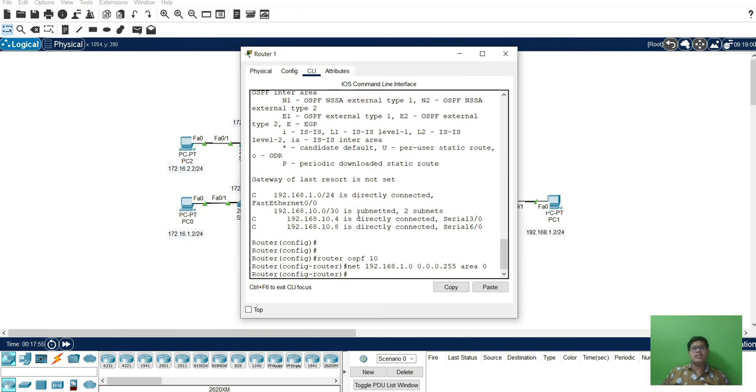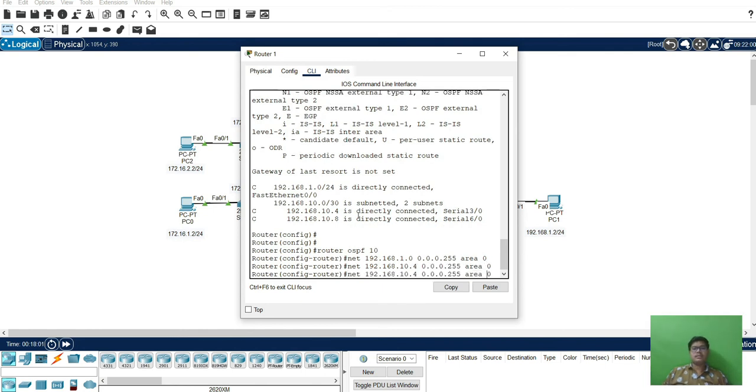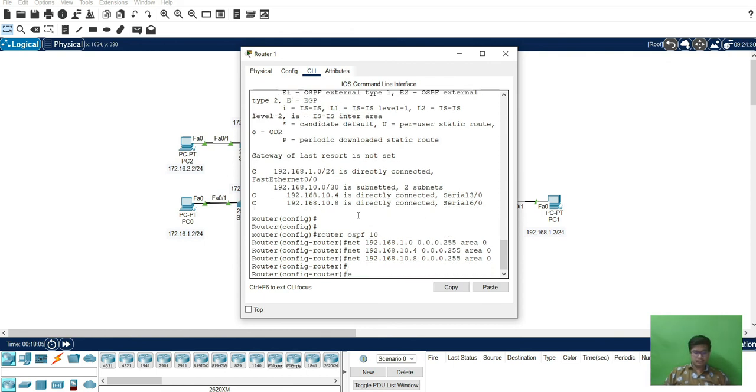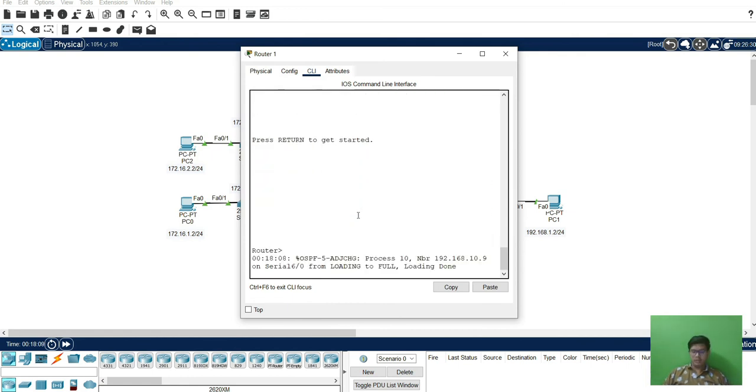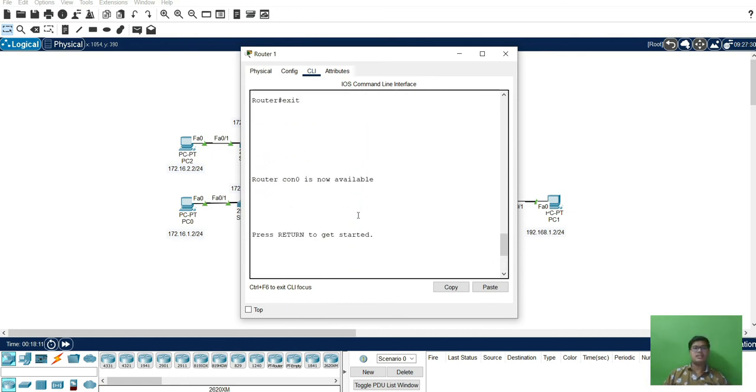Then next is 192.168.10.4 and 192.168.10.8. Okay, so all the configuration is done here.